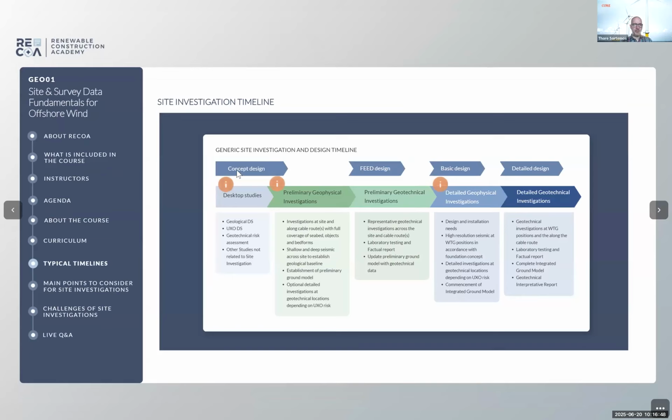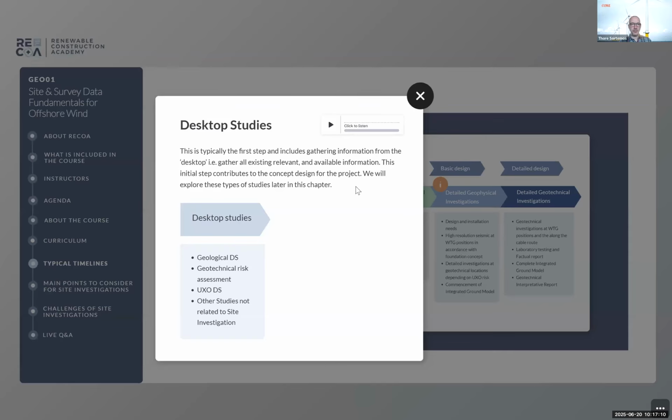So, a typical timeline for site investigations. As I say, there's not really a typical timeline, because each timeline really needs to be tailored to each individual project. But usually we will start with what we call the desktop studies. So it's basically work that you can do in your office, where you try to collect publicly available information that could be, say, legacy geophysical data, legacy geotechnical data,